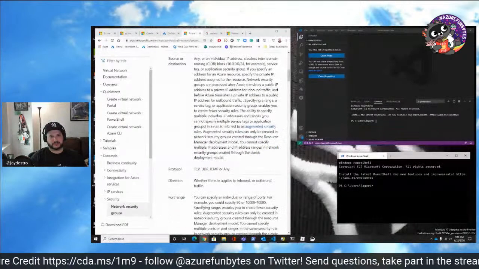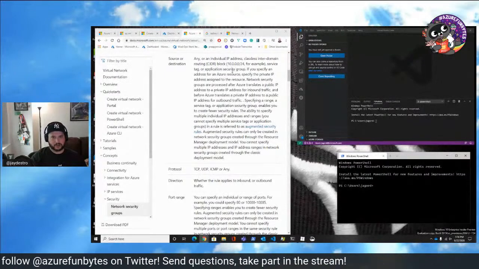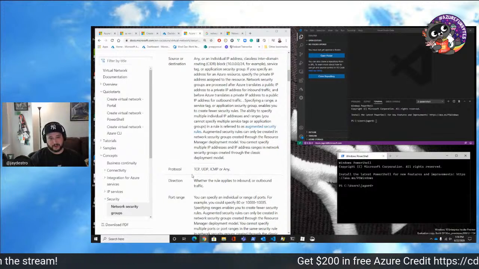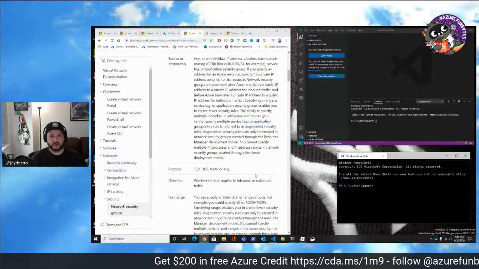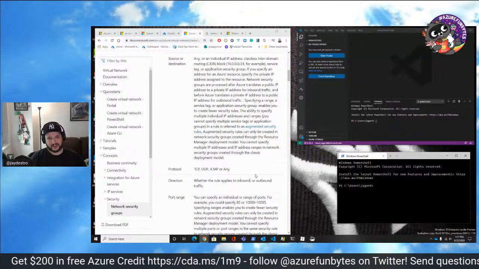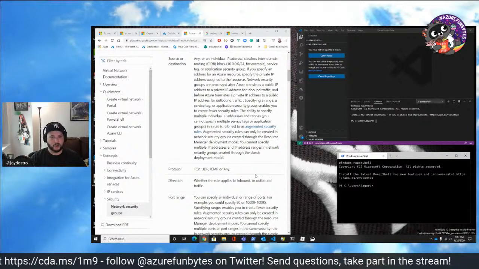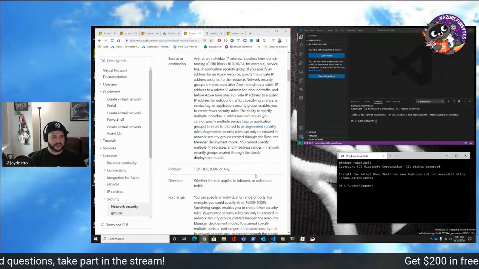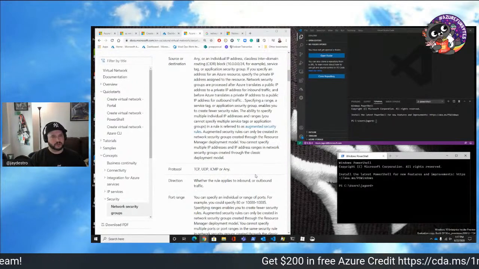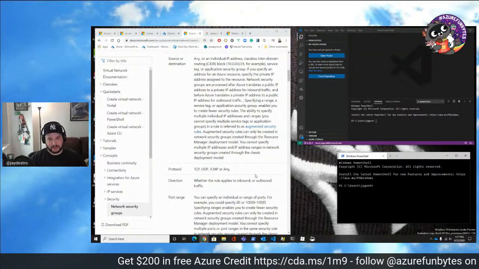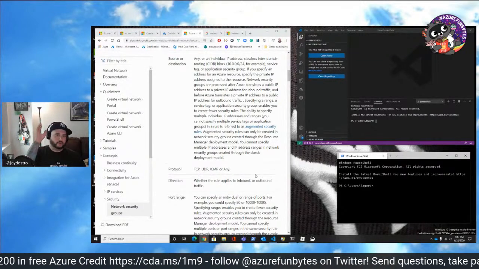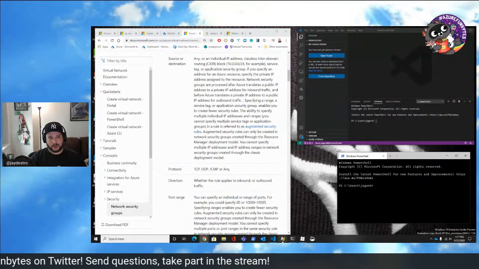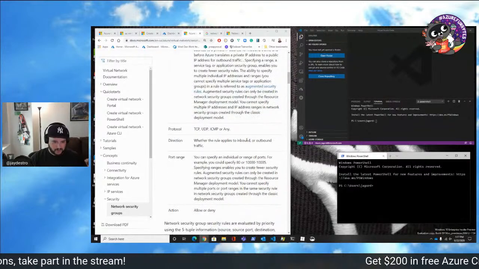We can do source or destination, so we can actually use IP address blocks, individual IP addresses. We can specify different protocols. The other thing that's been really cool that you can do is rather than specifying IPs specifically, you can use what are called service tags. So what we can do is say, I want all the network connections from Cosmos DB, which is a database service, a NoSQL database service, to have access to this particular network security group. So very, very simple. You can use products within, or you can use IPs.